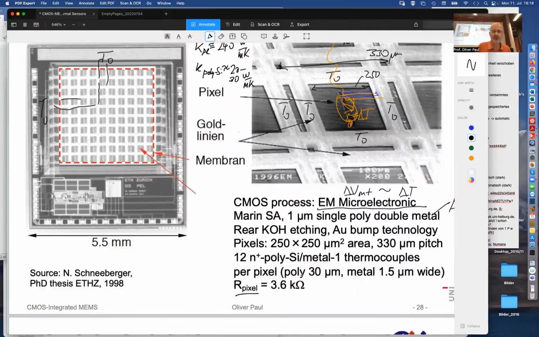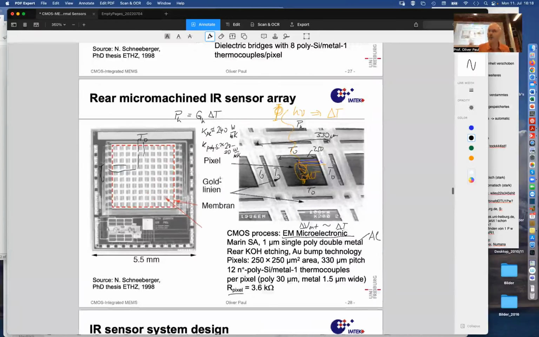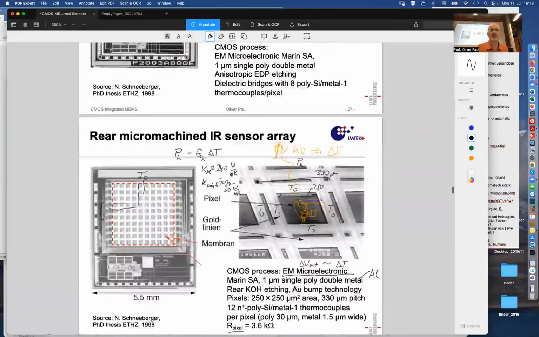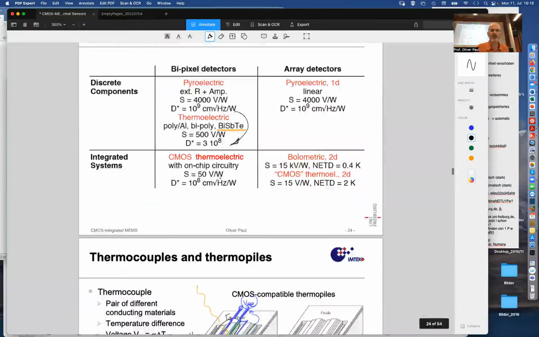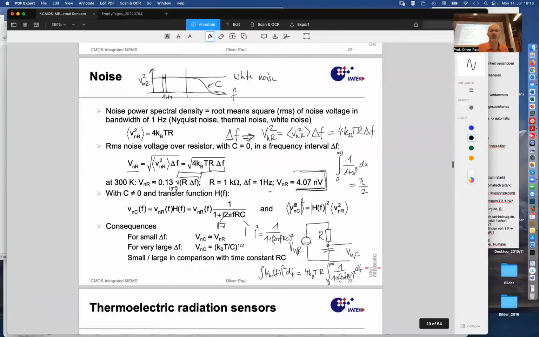So let's look at those numbers. It was 4 nanovolts for a kilo ohm resistor for a square root hertz. See, where is that? Yeah, 4. So for delta F of 1 hertz and 1 kilo ohm, we had 4. For 1,000 hertz, that would be multiplied by square root of 1,000, roughly 31 point something. Okay, that is then already 100 nanovolts,